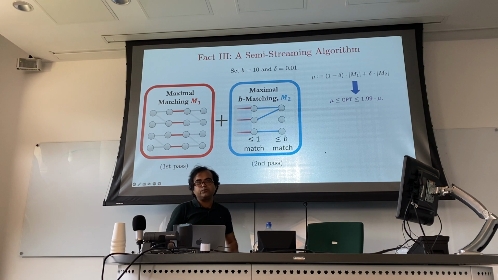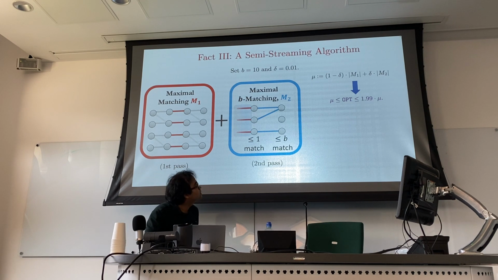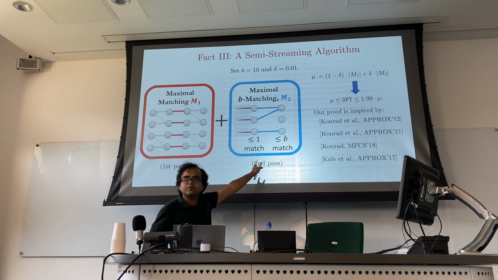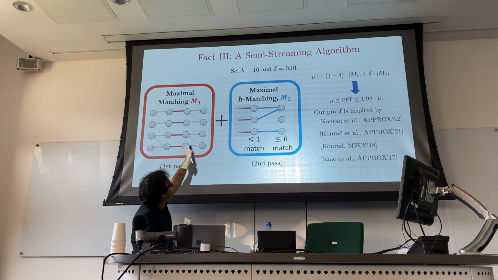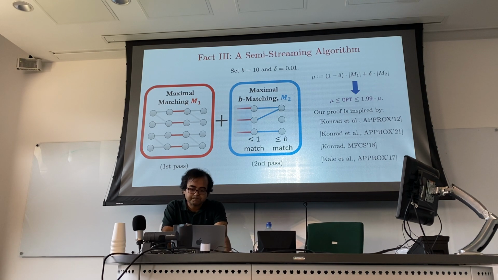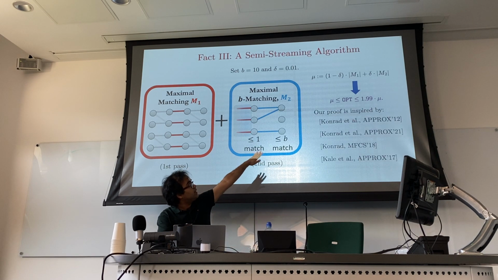This is a very useful fact to know. Now, this result was actually sort of known in the semi-streaming community in a series of previous papers. We refined it, probably improved some of the constants, but the framework was already there. Once you know that this algorithm gives better than 2 approximation, how can you make it dynamic? I will skip the proof, okay? So just take it from me that this gives better than 1.99 approximation.